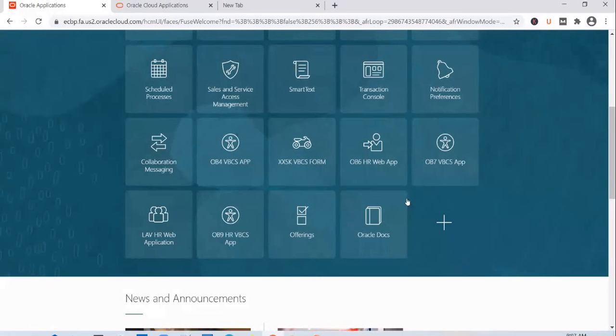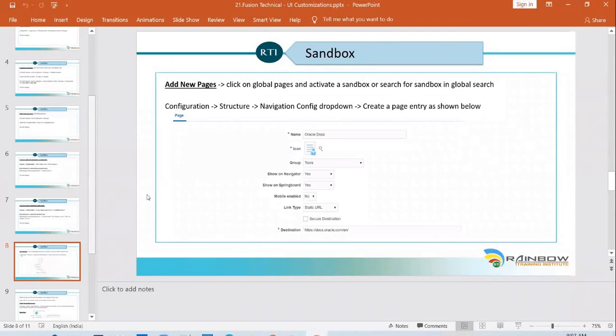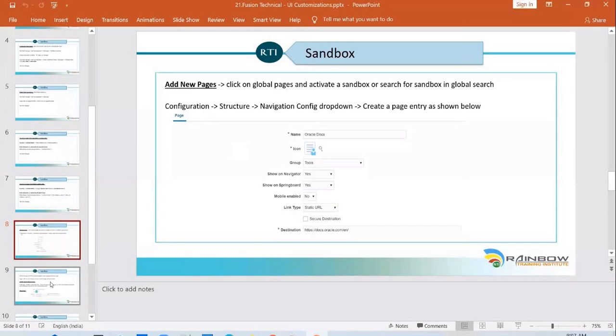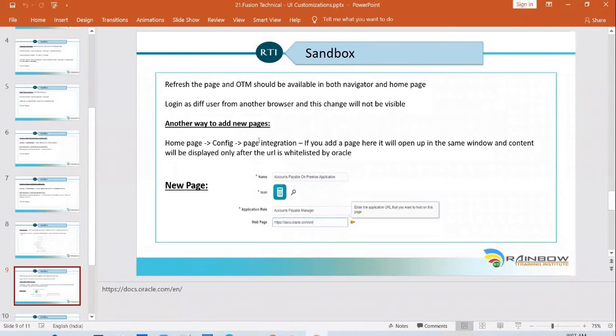Say for example, you want to give a user an option to navigate to say an accounts payable on-premise application, or maybe a core banking system, and that should be visible only to the users with a specific role. In such case, what do you do? Instead of using this add new page option from the structure, you have another option called